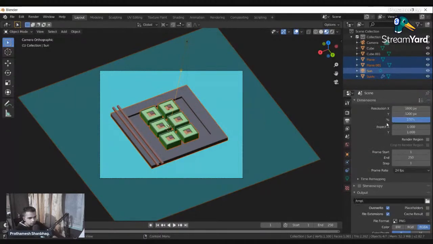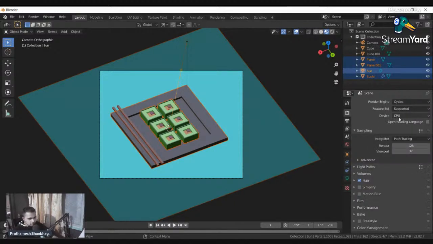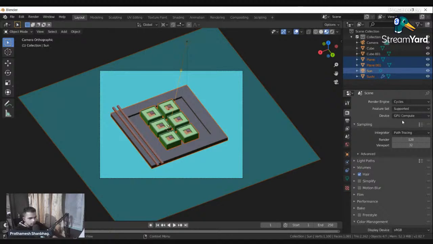And in the render output settings, you would change the render engine from EEVEE to Cycles. And from device, if you have a graphic card, obviously you will get option to change from CPU to GPU compute. I am working with an Nvidia graphic card, so I have this option. Then yeah, the difference between Cycles and EEVEE is that Cycles uses ray tracing. Basically, each ray of light in the scene will be simulated to bounce on the object and then render. In EEVEE, that is not the case.